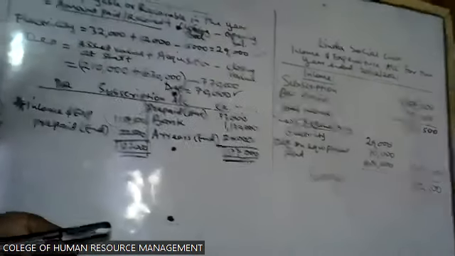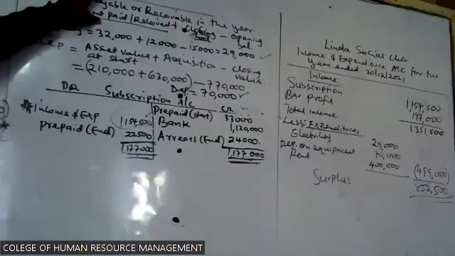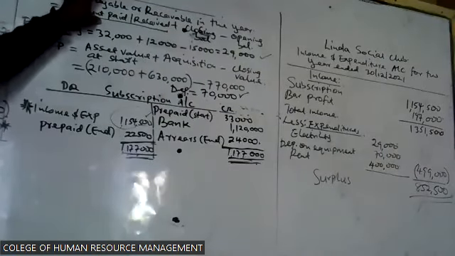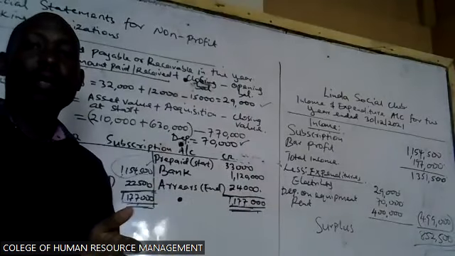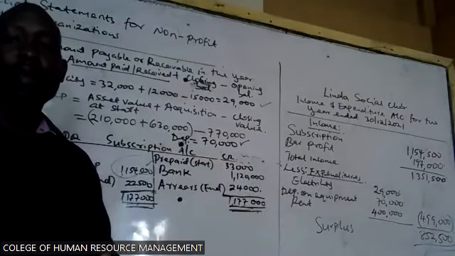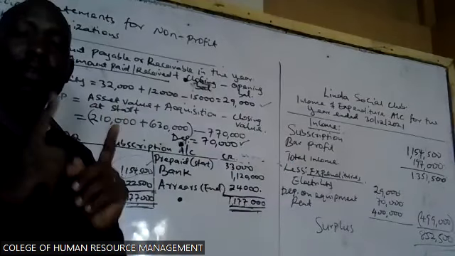Mwalimu, before you move. Sorry? Before you move, you're moving too fast, but I wanted you to explain where you had written amount payable or receivable in the year. What exactly is that in the second column? This one, yes. This one is when you are adjusting, especially the expenses. When you are given the receipt and payment, it will give you the amount paid. And then down there, you might be given the balance at the beginning and the balance at the end. For you to be able to know the amount that was supposed to be paid for that particular expenditure